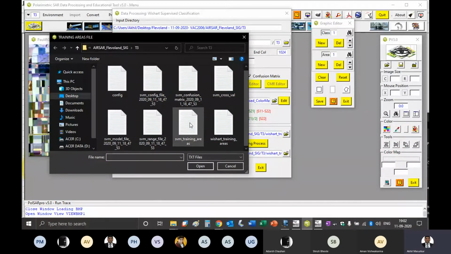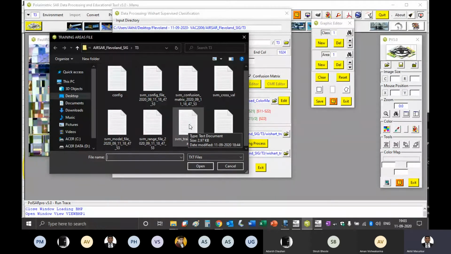Now I want to make this SVM training area file the same as the Vishart training area file, but the names of both files should be different, because when you use Vishart classification, PolSAR Pro will look for a file with the name Vishart underscore training. It will not look for a file called SVM underscore training. But we want the inside of both of them to be the same.